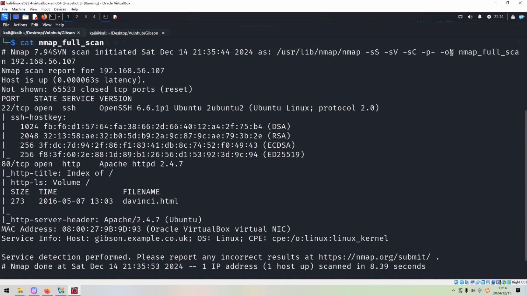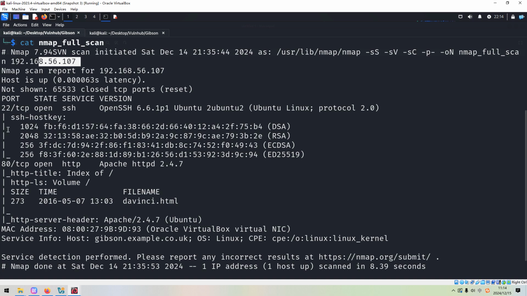The last option for all is -oN to output the result into this file. Of course, as you can notice here, the IP address has been changed from the one when I did the machine the first time. This doesn't matter.